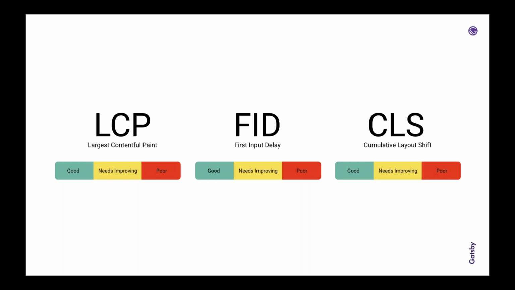So we have 3 metrics, and we should start by pointing out that this is a moving target. These metrics are not set in stone. There may be more metrics. They may deprecate some. The engines behind these are open source and changing. The thresholds might mature, but for now, this feels like a pretty solid base to be building on. We have largest contentful paint, first input delay, and cumulative layout shift. And for each of those metrics, you might expect to get a score of either good, needs improving, or poor.